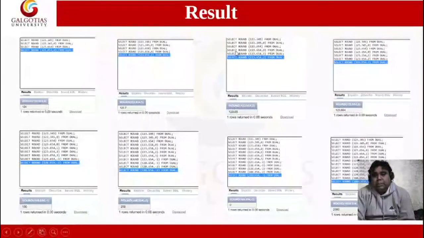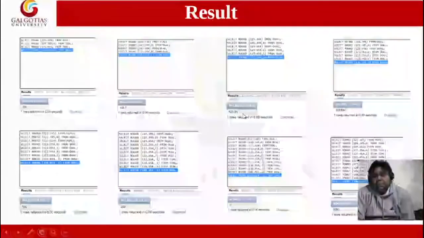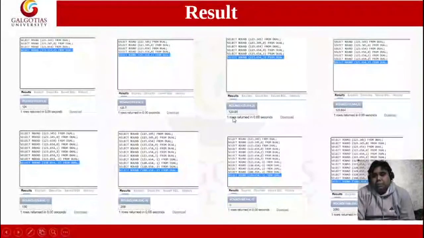But if I use select round 123.654 comma 1 from dual, then we will get the value 123.7. And when we use select round 123.654 comma 2, then we keep 2 digits, so the output will be 123.65.